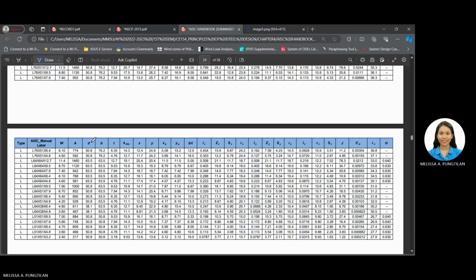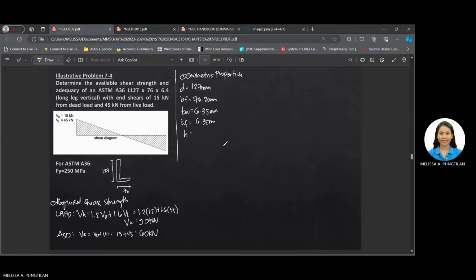Okay. Depth is equal to H. Therefore, we have 127 also. 127 millimeter. So having the geometric properties, check na natin if transverse stiffeners are